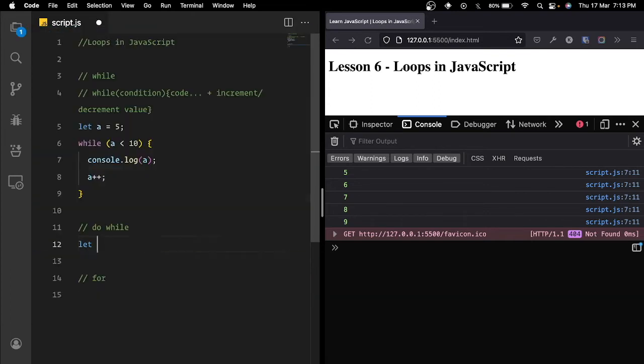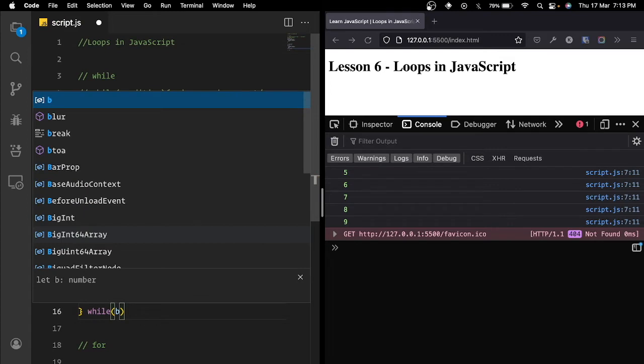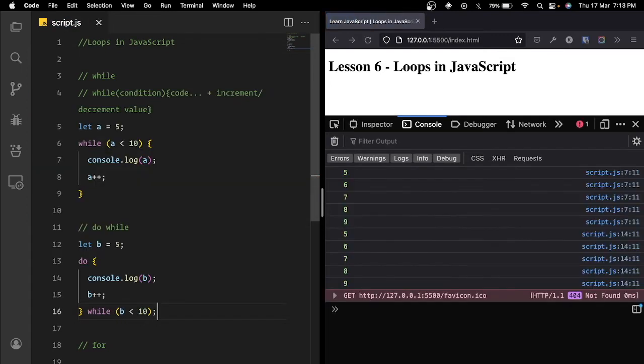Let b equal to 5. Now let's use the do while loop. Do, let's log this b to the console, and now let's increment this value, followed by the while condition. Now let's say that b must be less than 10, which is the same as this one. Now let me just add a quick